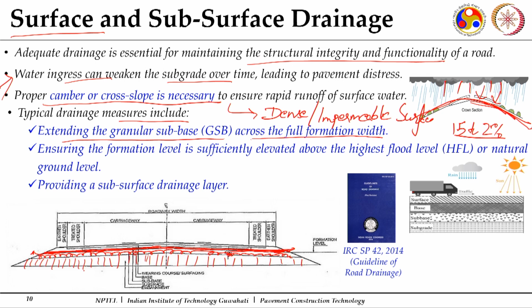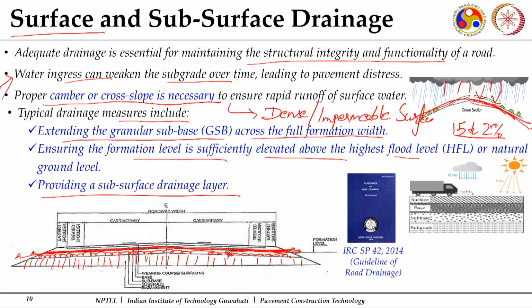So, if any water comes from the top, or from the bottom, or enters from the sides, when it goes to the drainage layer, because of the cross slope and the amount of air void connectivity it has, the high permeability, it goes to this particular layer, and with the help of the camber it comes out of your pavement structure. This is a dedicated surface layer, or I have extended the granular subbase course, a part of it, to the open edges of your crust,